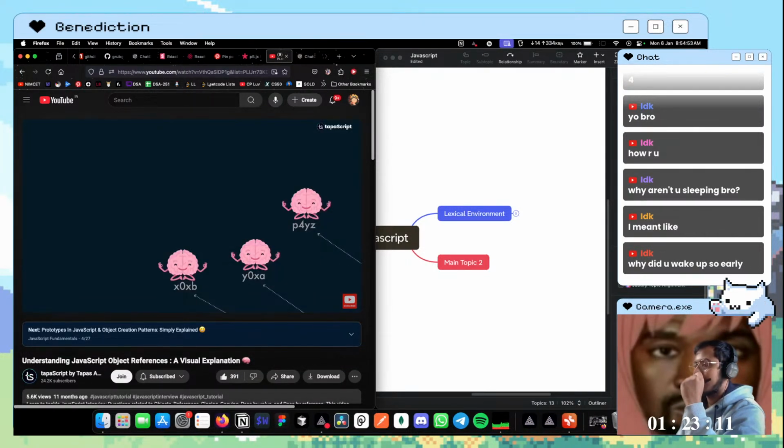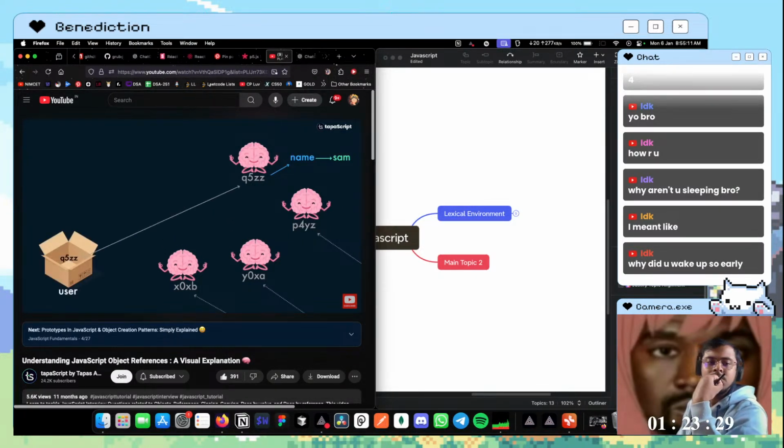Let's imagine this is our JavaScript memory space where there are a few memory locations already defined. If you can see those memories, their memory address is specified in some number. Now let's imagine there is one more memory location whose address is q5zz, and in that location the name Sam, this particular value, is being stored. Now when we assign let user equals to name Sam that object, it means that the user variable will now have this particular address, the reference address in it, that is q5zz.